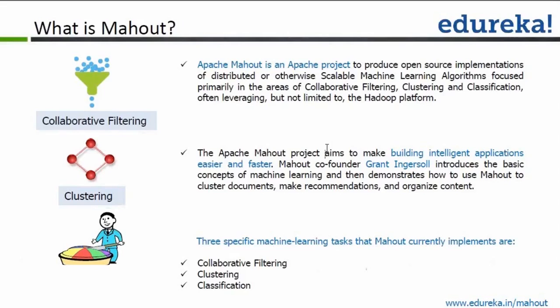So Apache Mahout is an Apache project to produce open source implementations of distributed or otherwise scalable machine learning algorithms, focused primarily in the areas of collaborative filtering, clustering, and classification. So these are the major areas of learning algorithms implemented in Mahout. One is collaborative filtering, classification, and clustering, guys. When I say collaborative filtering, it is nothing but a recommendations framework,